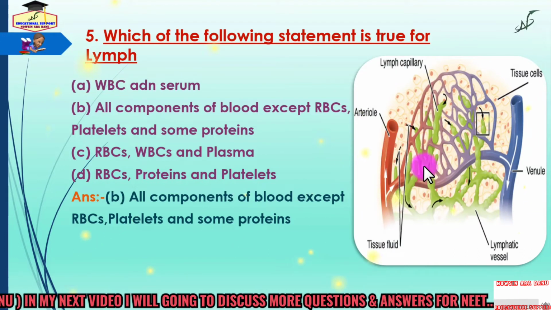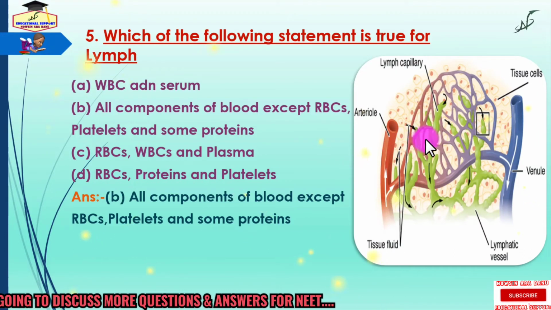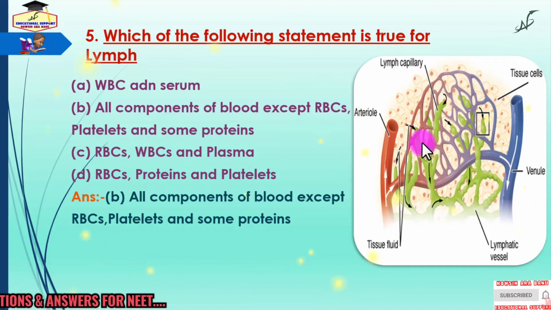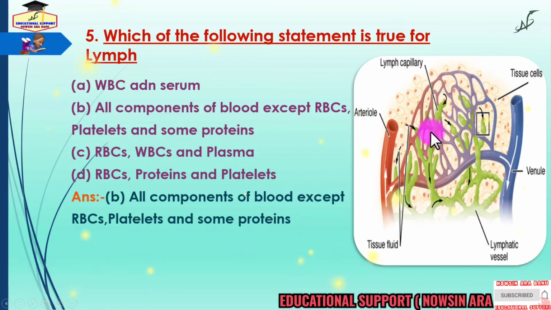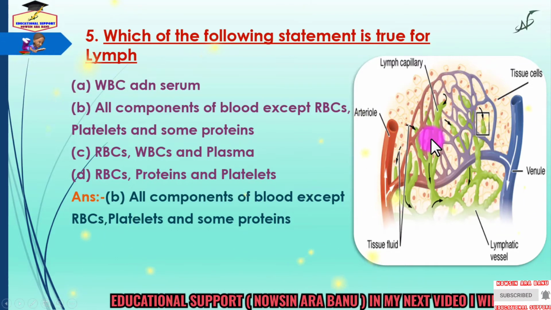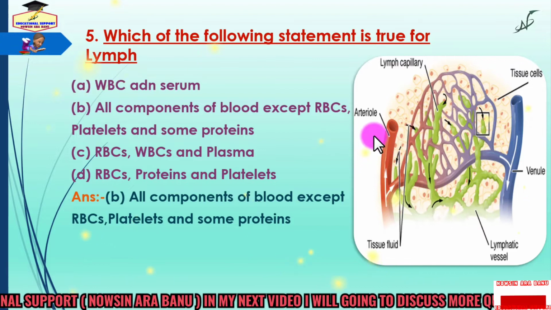Because lymph is a fluid which mainly contains white blood cells, proteins and fat. It can be defined as blood minus the RBCs and some proteins. It is formed by the collection of the interstitial fluid into the